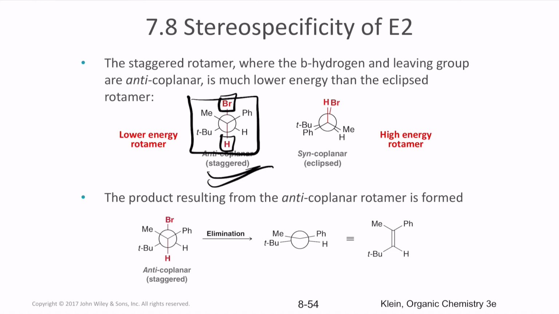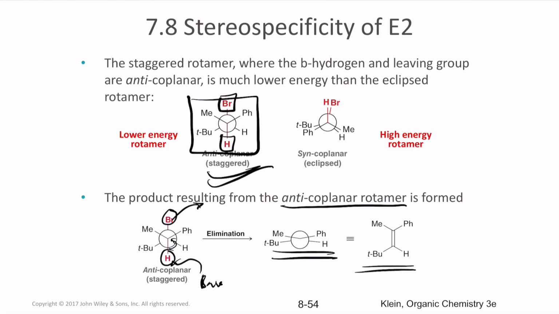This is the only case where the reaction will occur, and this creates an anti-coplanar rotamer. So what happens here? The base attacks the proton, the proton donates its electrons back to the carbon, and the bromine will leave. This results in the formation of this structure, where we end up getting the double bond, and most commonly the E isomer is the one that forms